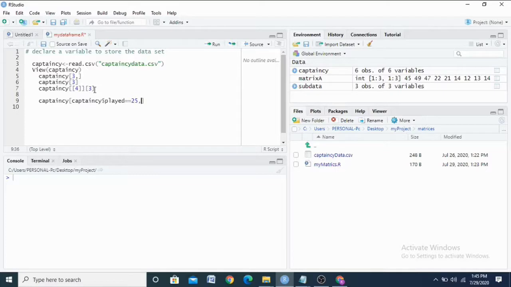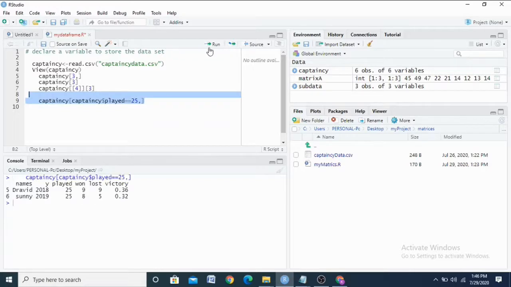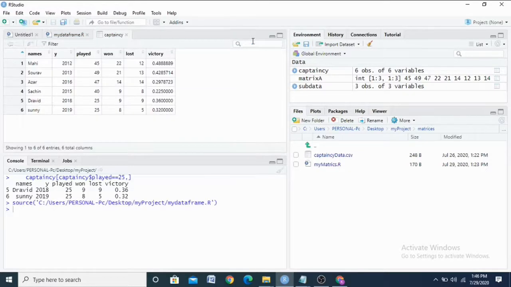So I have to retrieve the row, so I have to use a comma. Okay, this extracts the information by names. So what is the output of this command? See, the captaincy, I just have to execute the full code once again, then only you can view the captaincy. Yes, okay, now